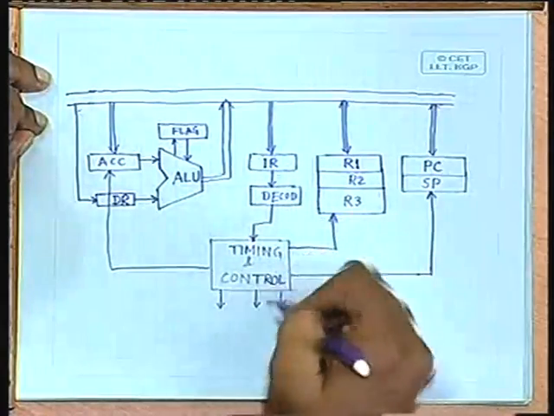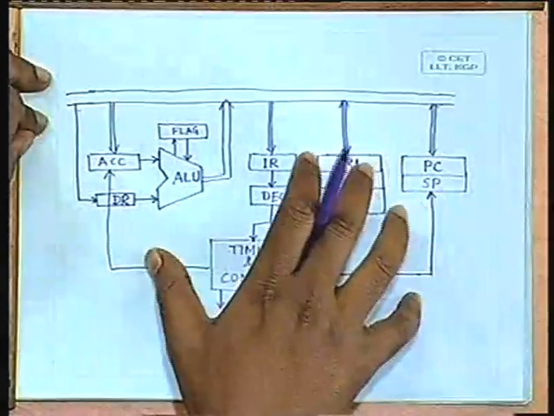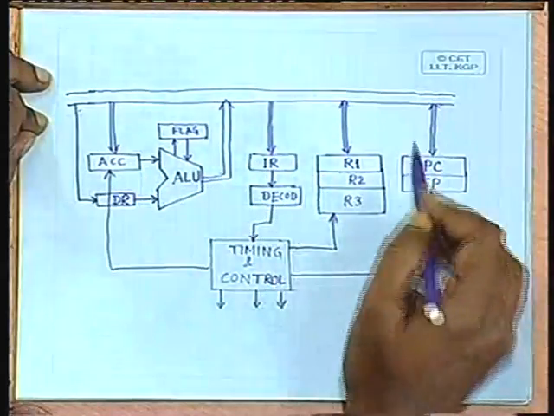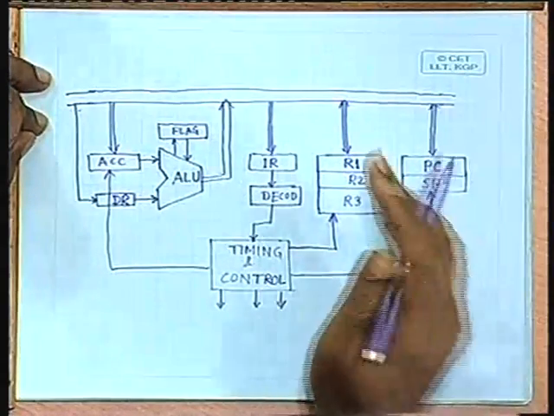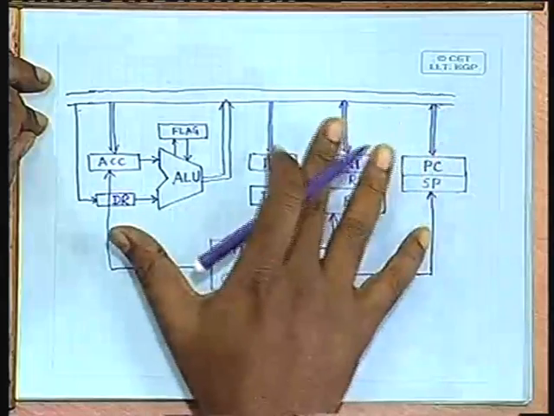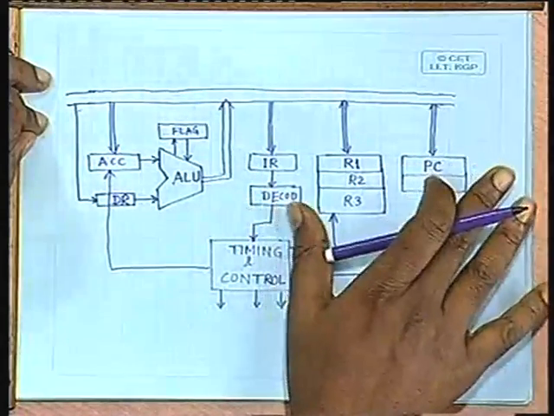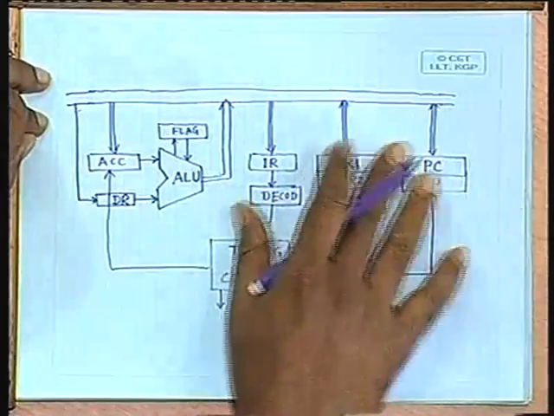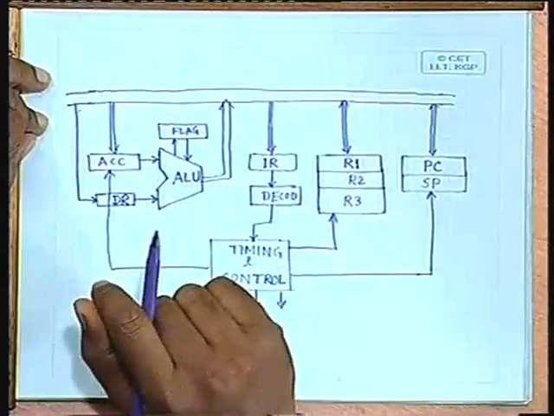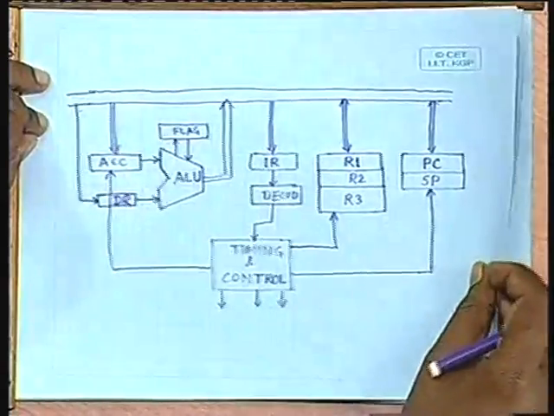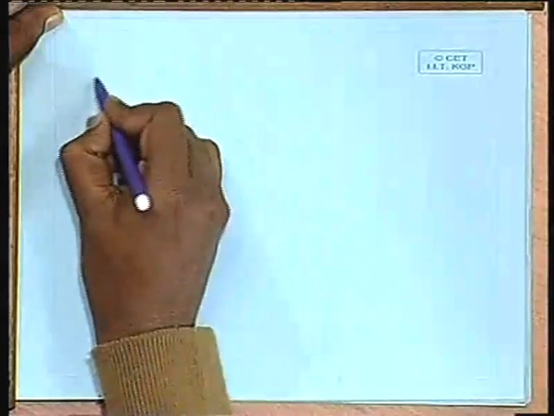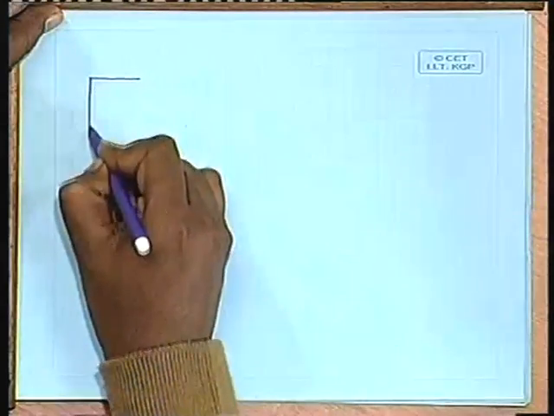Now, the next part is that once I have this internal architecture of the CPU, and I take this CPU as a block, what I have to see is how this CPU has to be interfaced with the external memory, and how this CPU can be interfaced with the input output devices. For that, some interfacing signals are taken out of the CPU. So, if I represent this CPU by a single block,